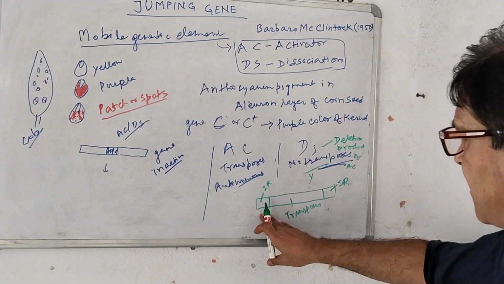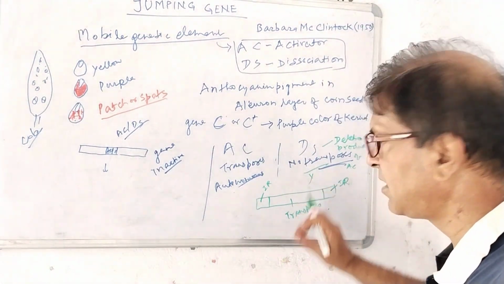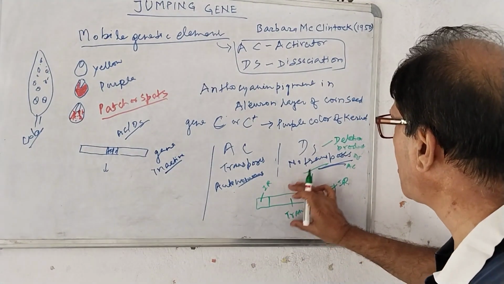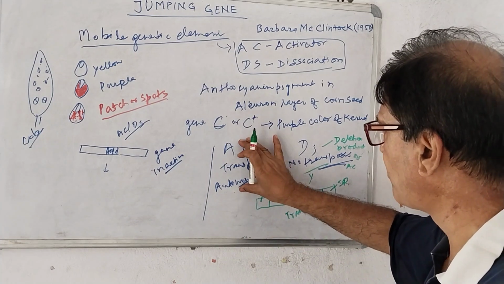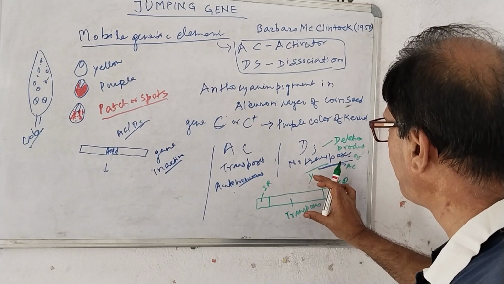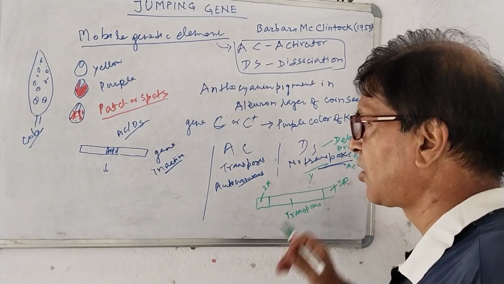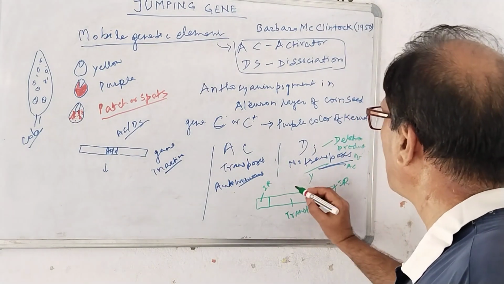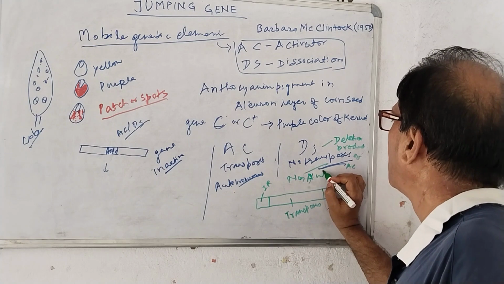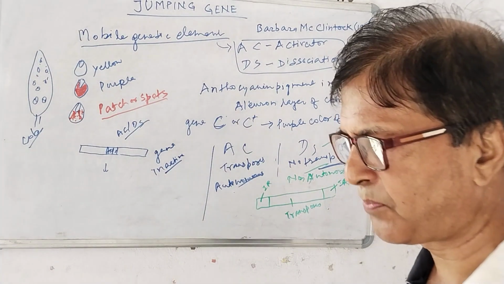Both have similar inverted repeats. And the intervening sequence, that is transposase, is not complete in DS, but it is complete in AC. Due to this lack of a complete sequence, DS cannot produce transposase, and it is non-autonomous. DS requires the presence of